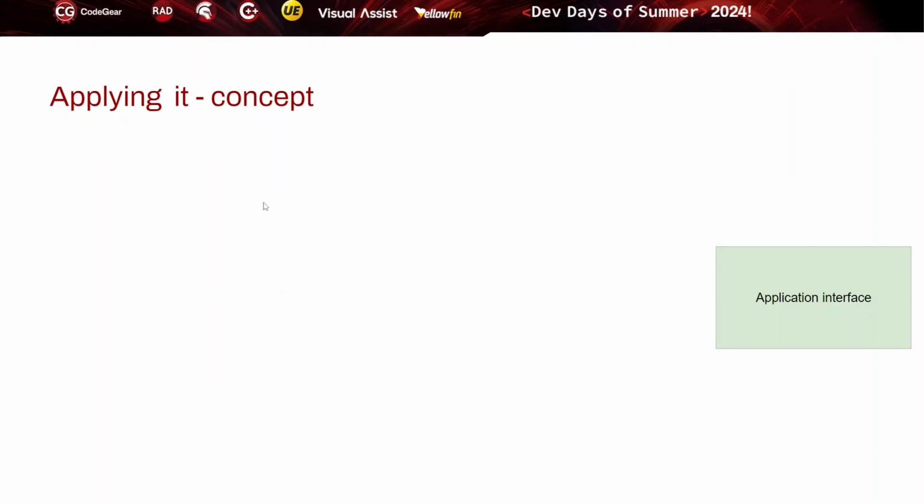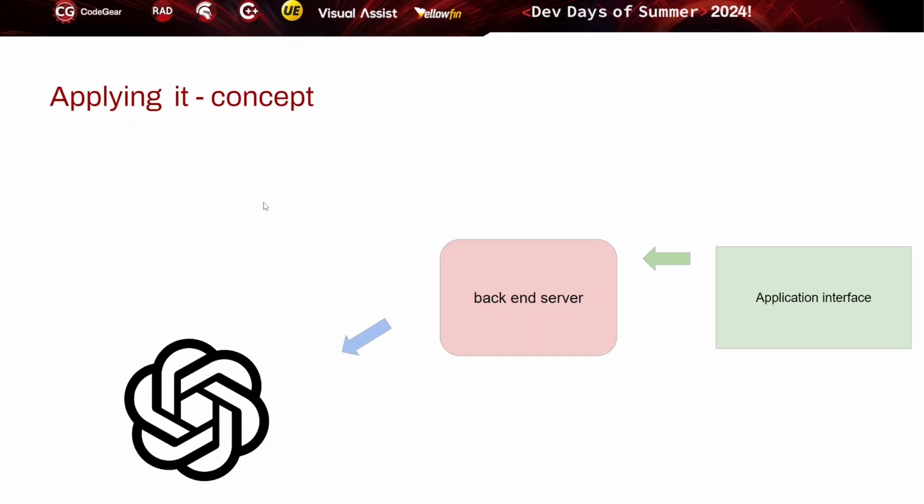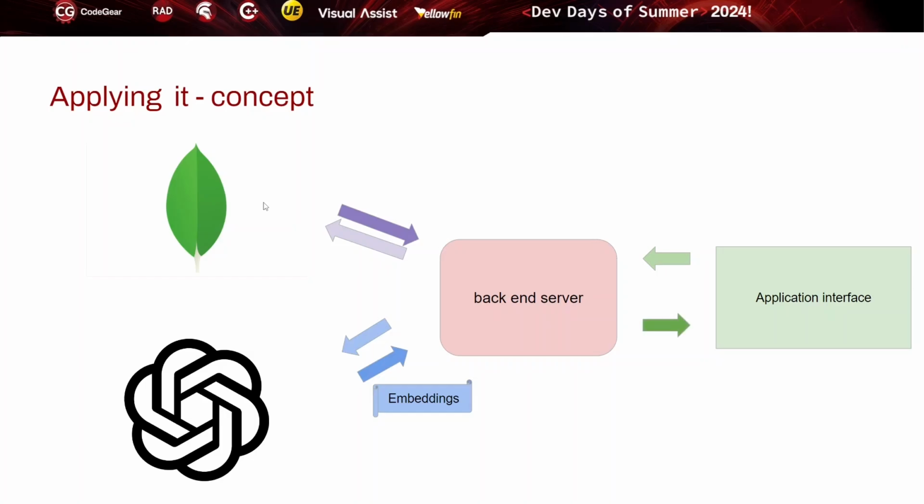And what the application does is that the user interface does a search in our backend server. Our backend server contacts the OpenAI API and generates embeddings. After that, we go through MongoDB and do the search with the embeddings that OpenAI provides to us. And then we send the response back to our application interface to show all the answers that Mongo was able to find with that embedding that we provide.